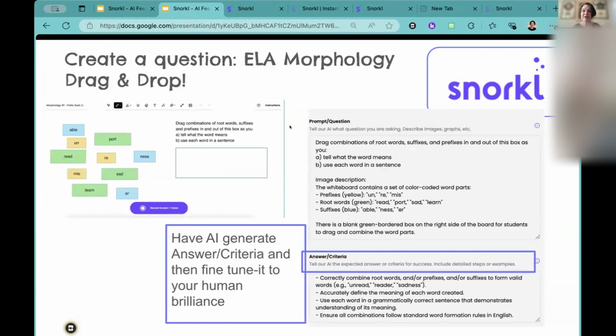Here's an example of that ELA drag and drop. When I made this one myself, I put some root words, prefixes, and suffixes together, and I said drag them in the box, make a word and tell me what it means. That was kind of my idea. So what happens is when I type that in, when I go to make my assignment, I just press